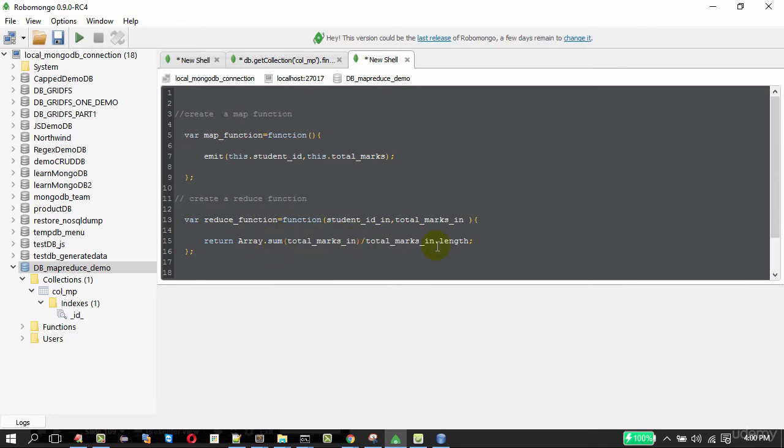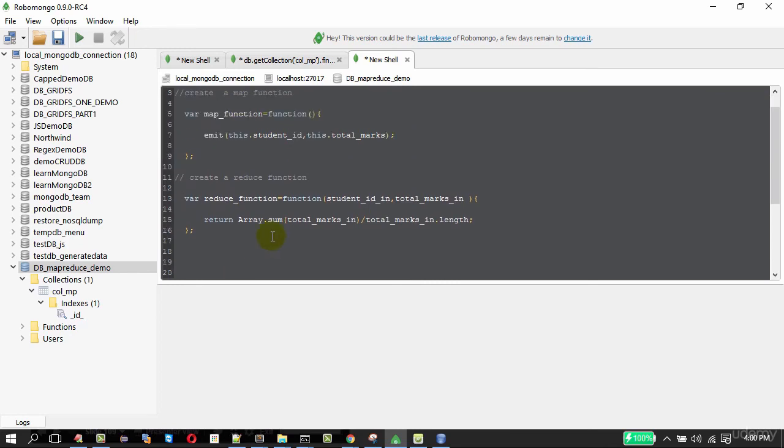So we got the sum and the average. With this we have created our map function and reduce function. Map function selects a field, reduce function reduces it to a single field.